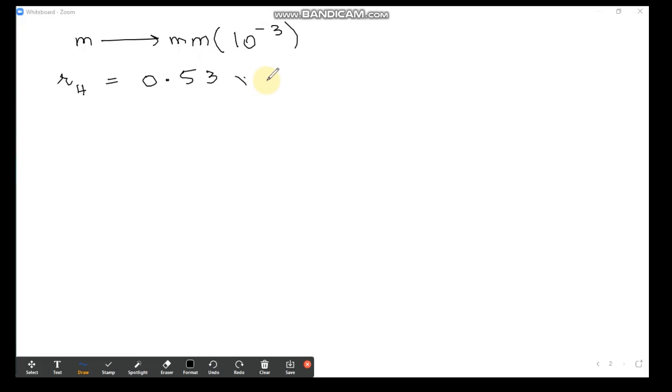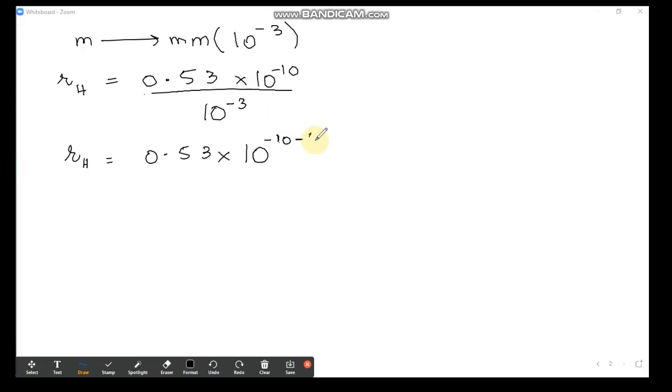0.53 exponent minus 10, and you have to perform division because you are going from a bigger unit to a smaller one. So exponent minus 3 will be divided. Radius of hydrogen atom is equal to 0.53 exponent, again we can see 10 raised to the power and 10 raised to the power, both are present in the numerator and the denominator, so we will write it once. Exponent minus 10 will be written once, and the powers will be subtracted, that is 10 raised to the power minus 10 will be subtracted from the denominator's powers.